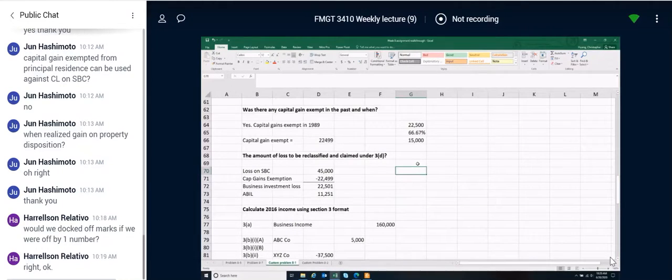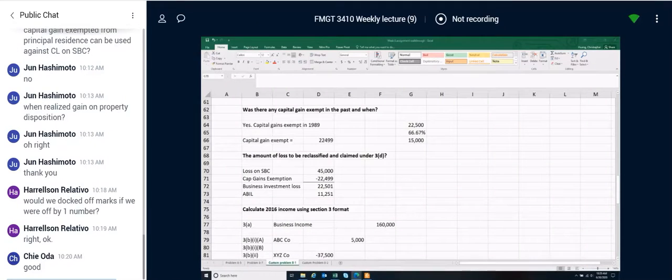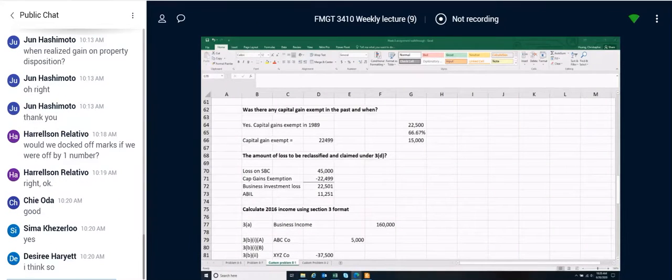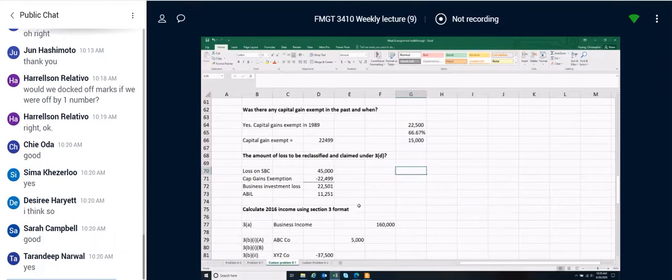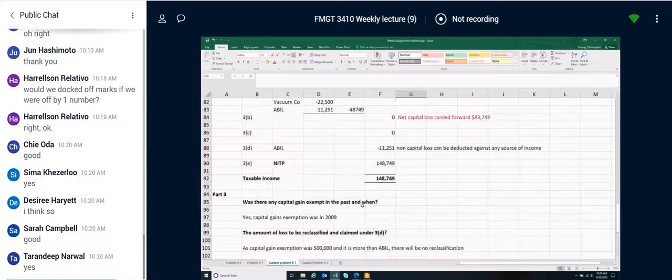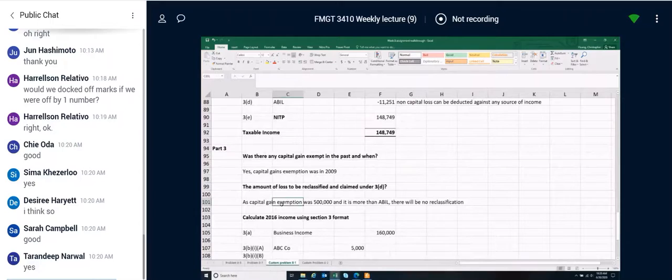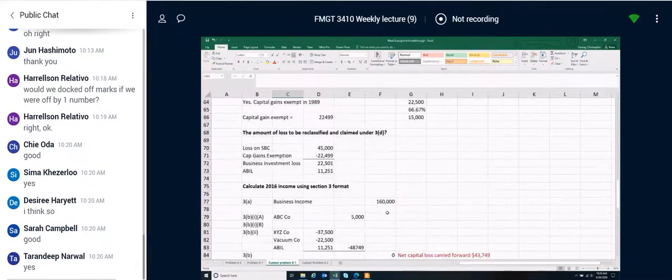Okay, so again, are we good on this part? Okay. The last part, part 3, what happens if you had 500,000 that was exempted in the past? Well, if you take a look at this, if you did this 45,000 and now you're at minus 500,000,